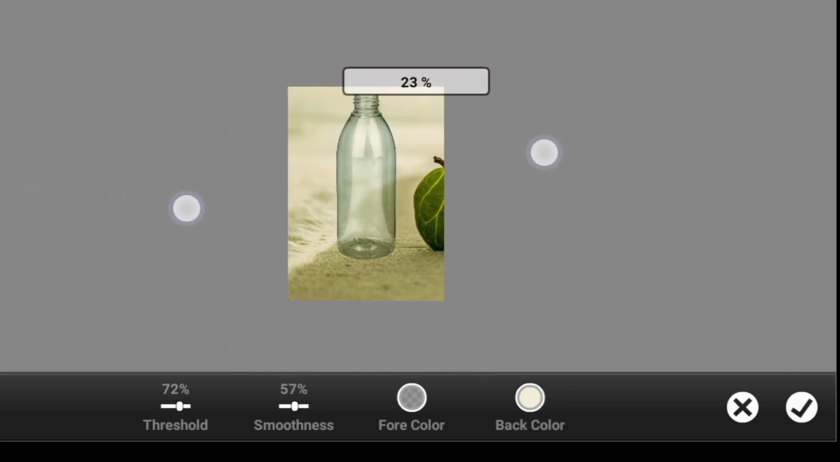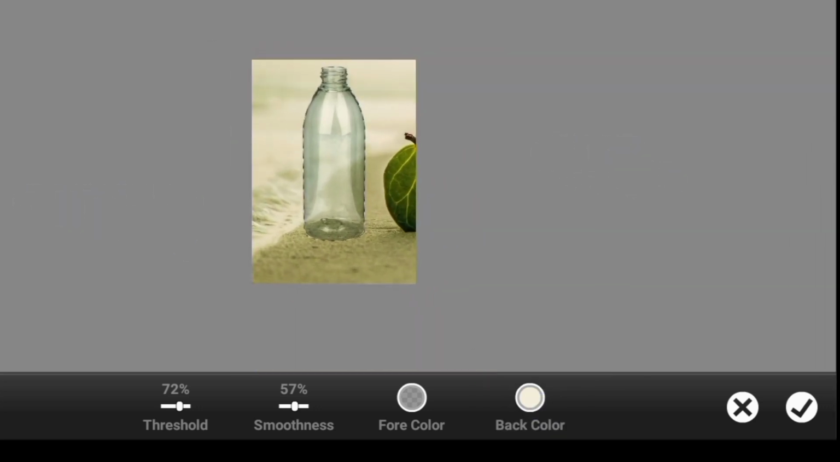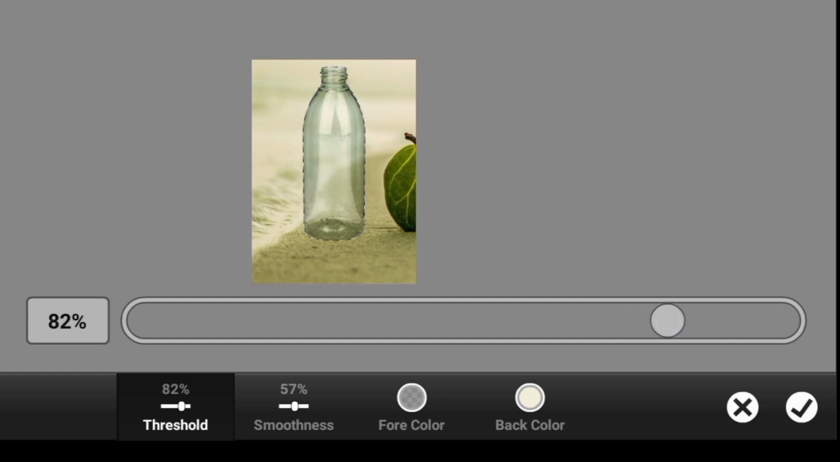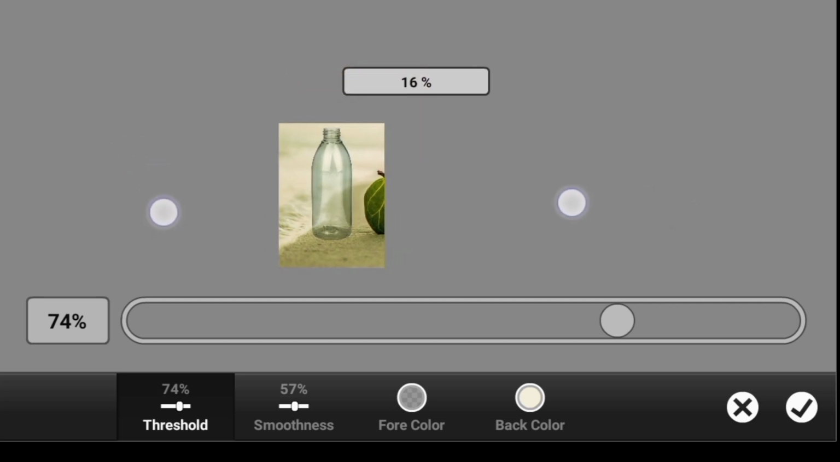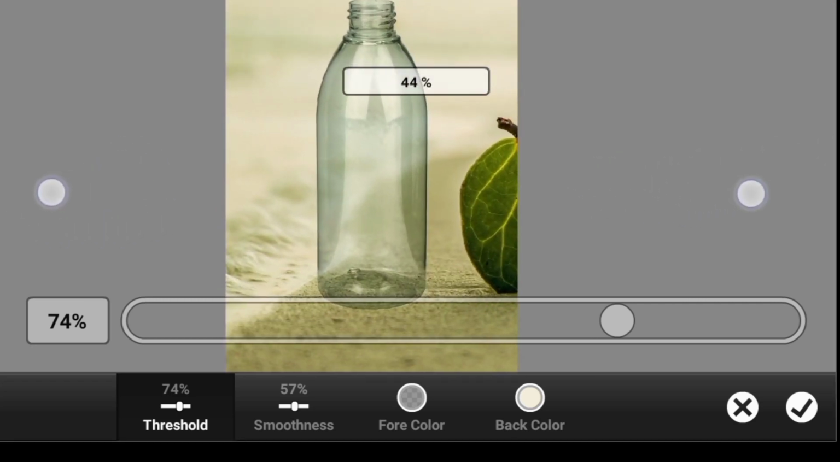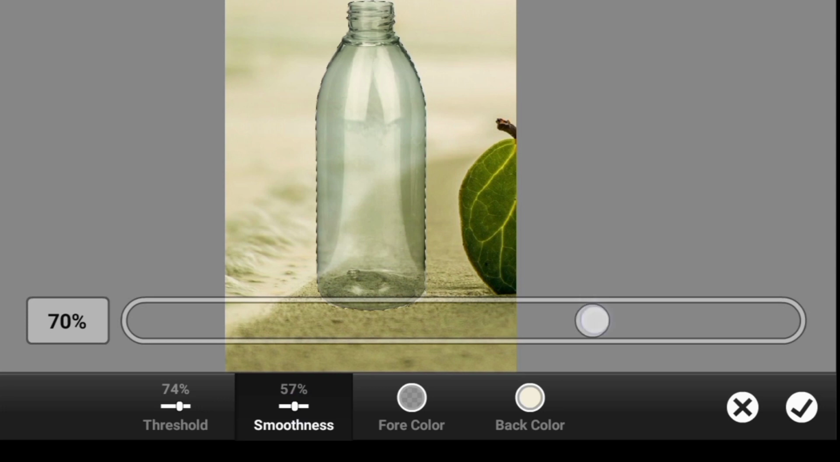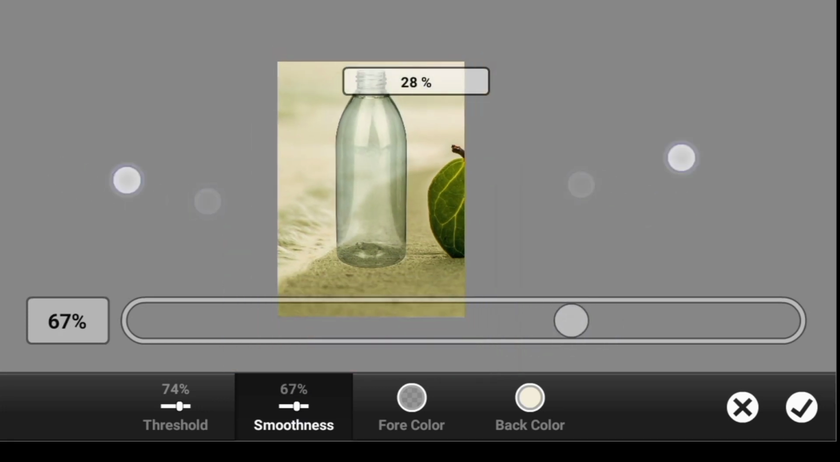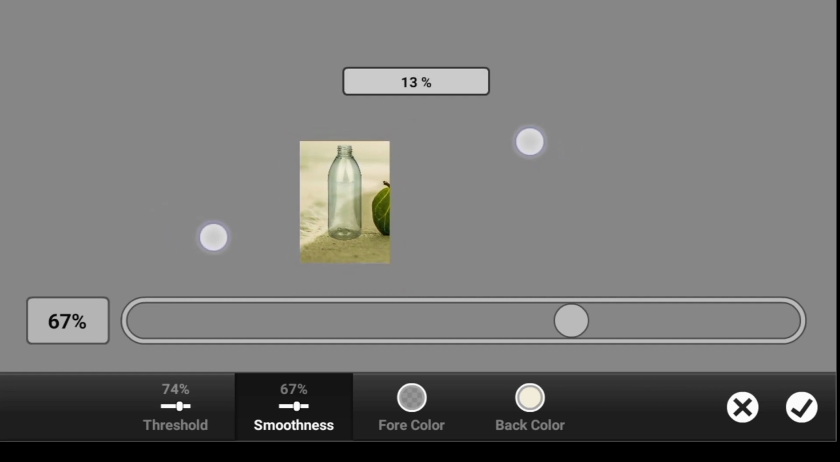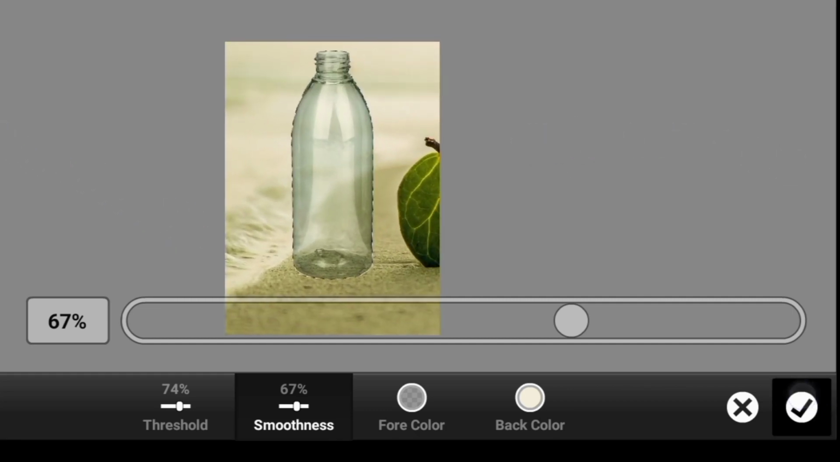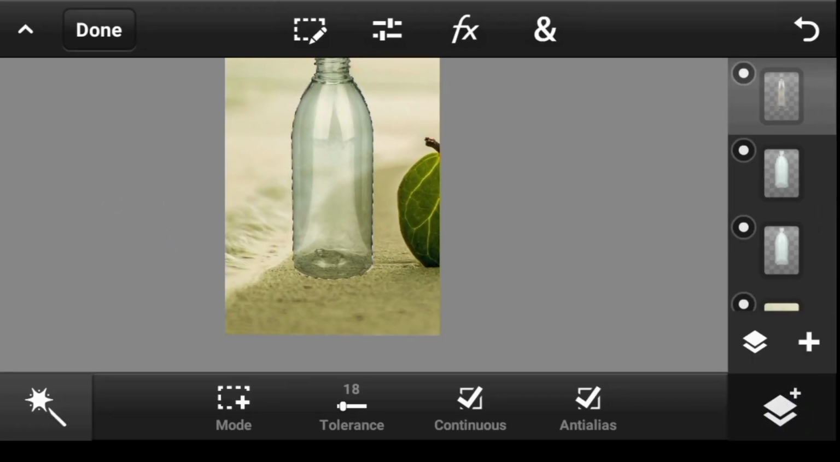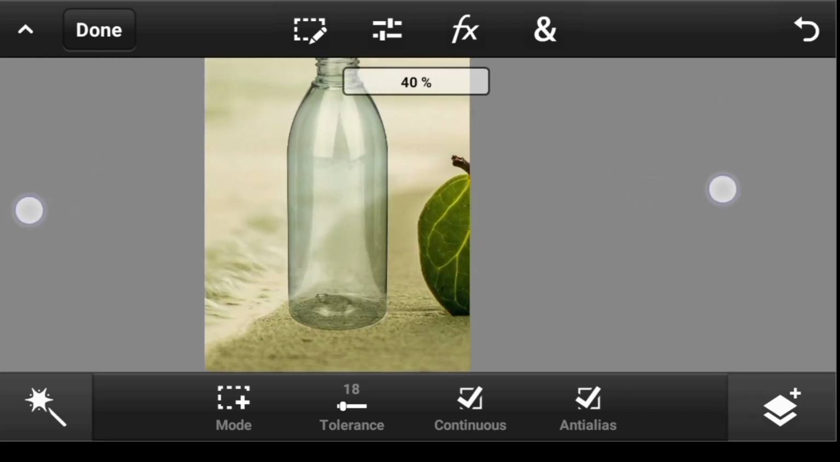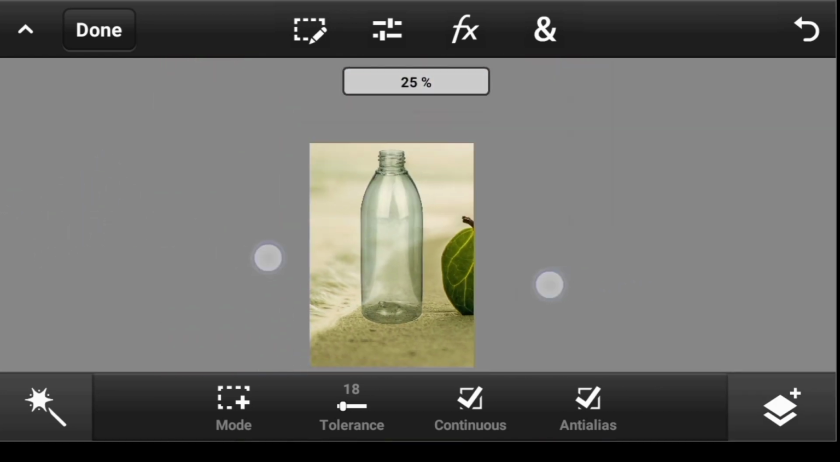All right, and let's go back to the threshold and see what we can get. Not bad. Let's go to smoothness. Okay, not bad as well. Once you are done, you click done. So here's the before and the after. All right, as you can see,